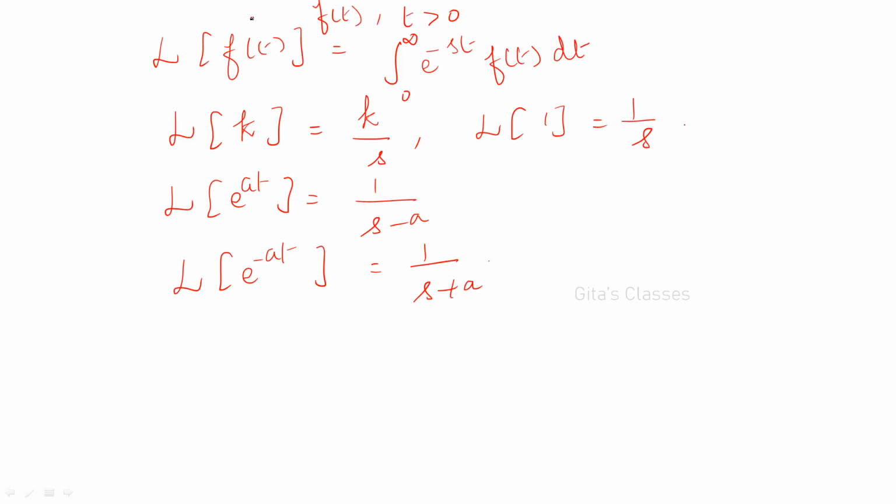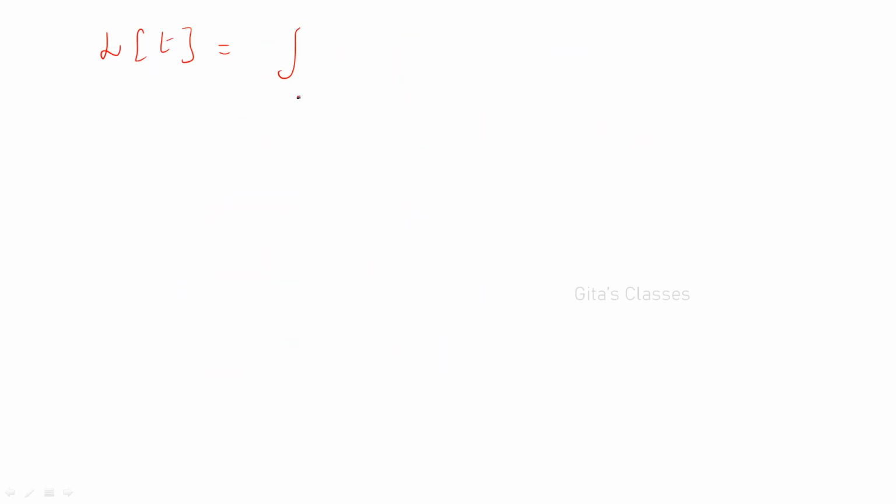So now let us find L of t. In this class we are going to find L of t and L of t power n. First, let us find L of t. It is the integral from 0 to infinity of e power minus st into whatever you have here, that is t, dt. For convenience, let us write t into e power minus st dt,